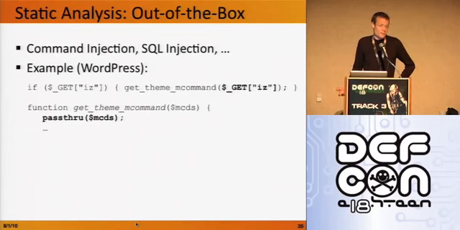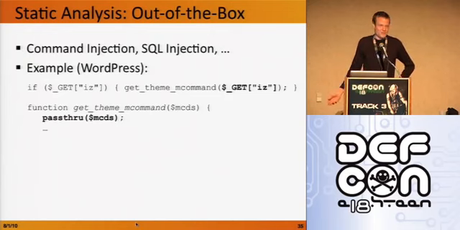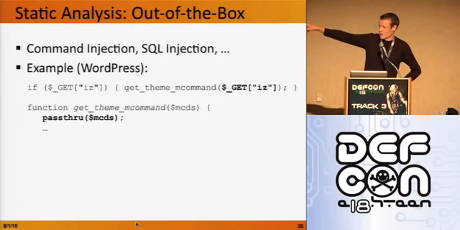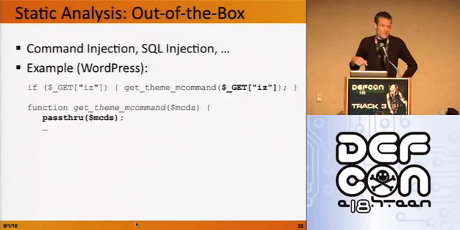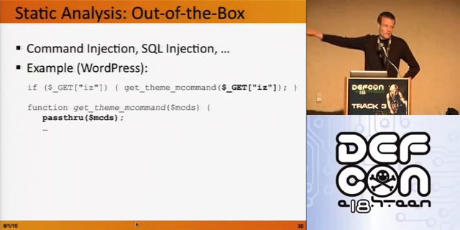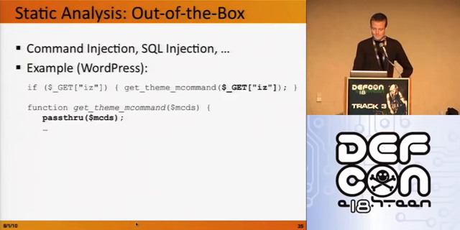If I was doing a manual review and I wasn't looking too carefully at this, I might just read right past it. But the definition of getTheme_mCommand is to execute pass-through, which just executes a shell command or a script on the server. So this is a command injection vulnerability, and any static analysis tool worth its price would find this out of the box, because you're taking a request parameter, IZ, and passing it to execute as a shell command. That's just a bad idea, no matter why you're doing it. It doesn't matter that you've got that conditional over to the left that says only do it sometimes. It's always a bad deal. So out of the box rules would find this problem.